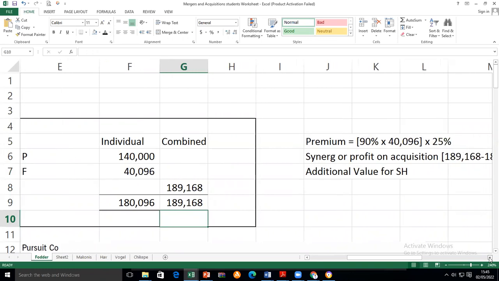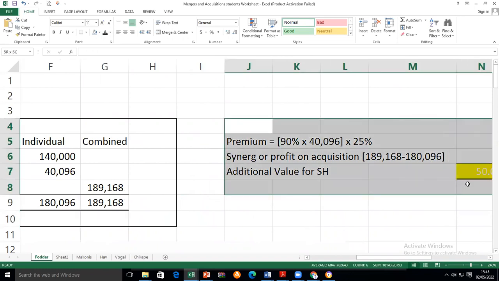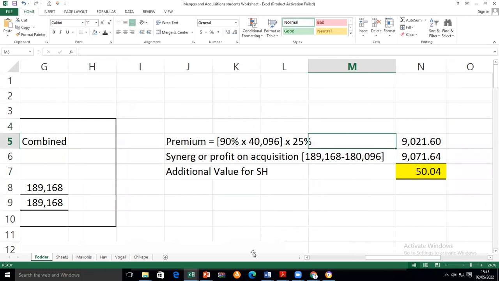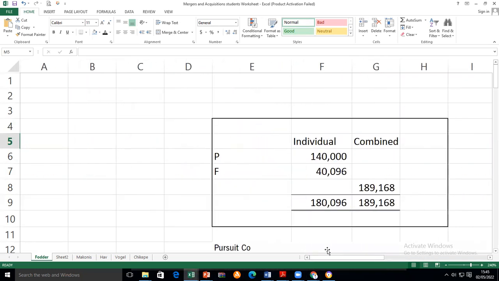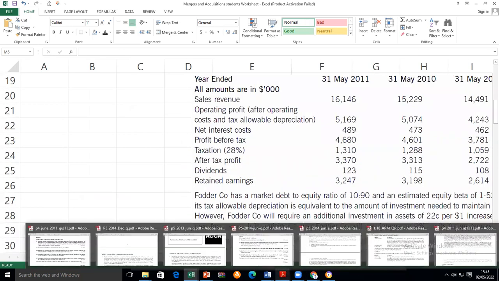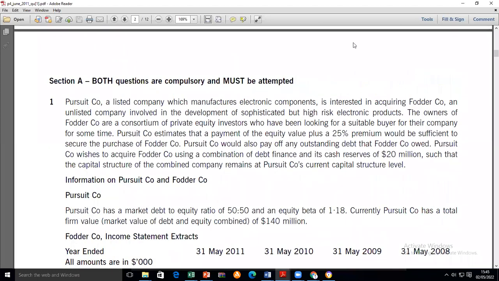Let's do the analysis now. Synergy on profit, 189 minus 180. How much premium have we agreed? There's a proposal. Let's look at the proposal in terms of what premium we are going to pay out. What is a proposal? Let's take the proposal here. The proposal as things stand is